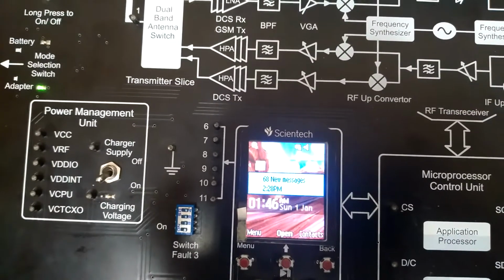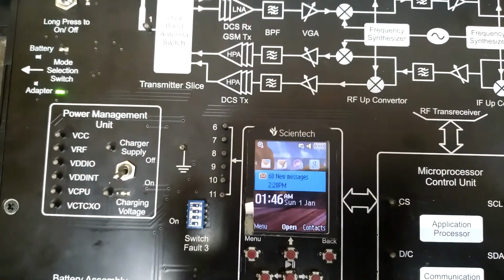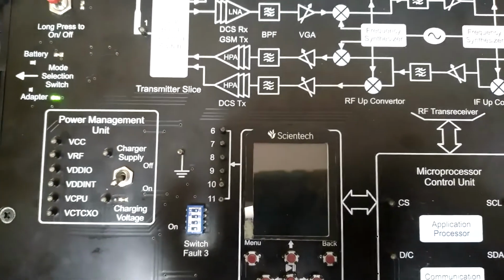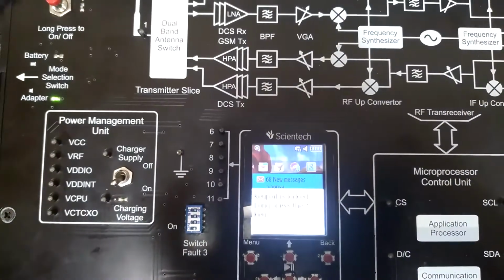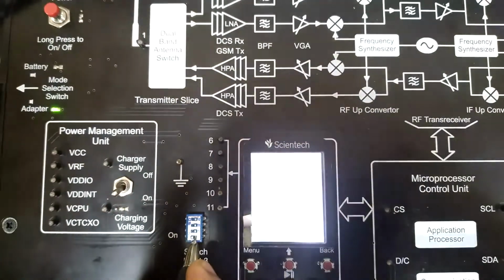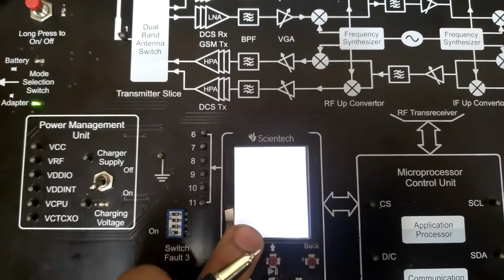normally the display turns off after some seconds, like 5 to 10 seconds. You can see here the display brightness goes down and the display turns off. So this is normal behavior. If you create a display fault by pressing the switch, you can see here the backlight is still on.